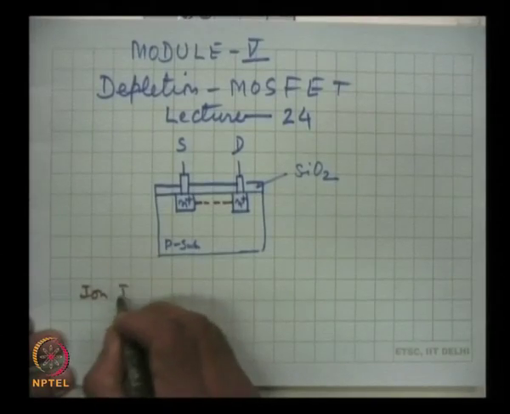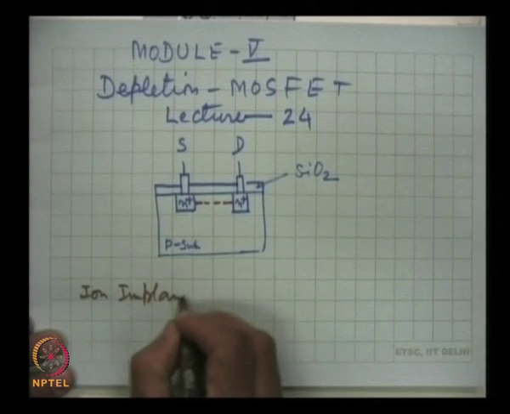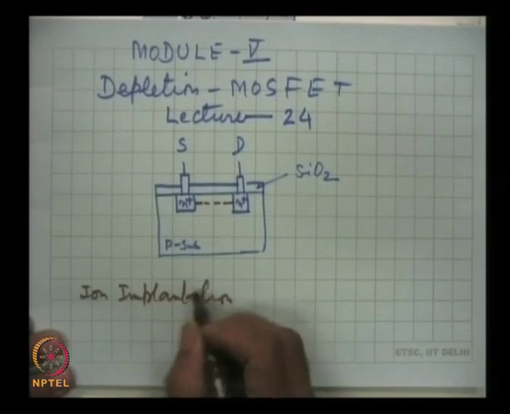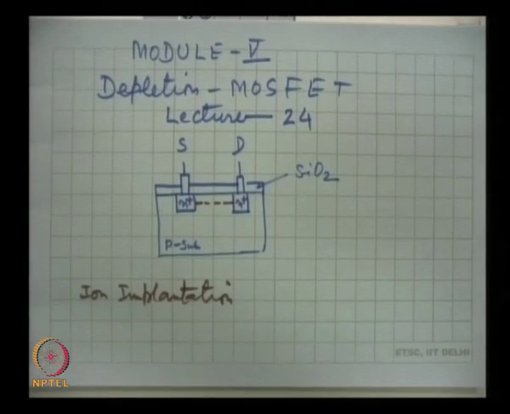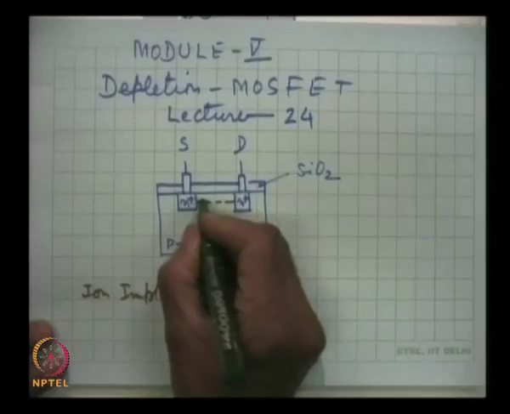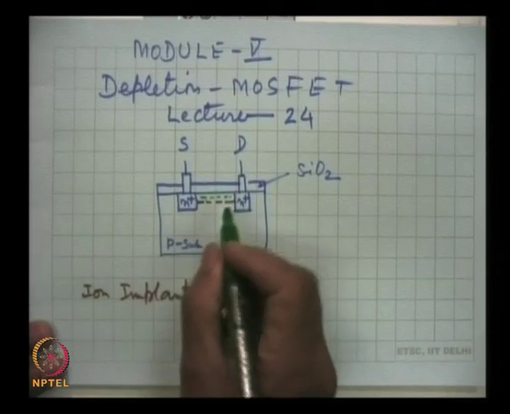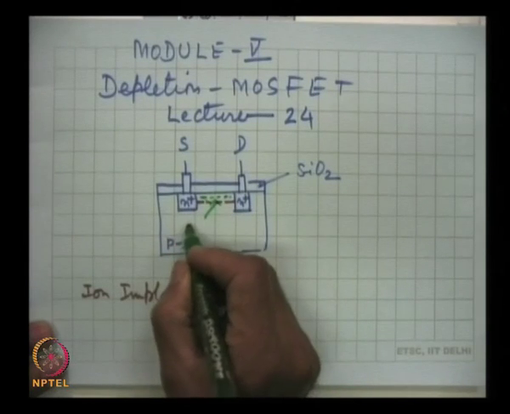It is a very modern technique by which we can precisely dope the selected regions. So, the channel is created, and this is N channel,